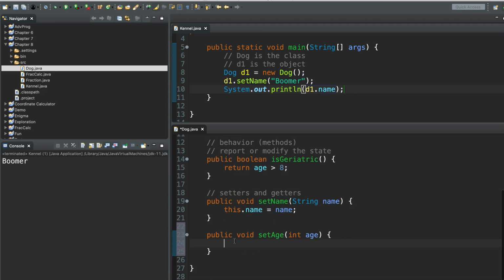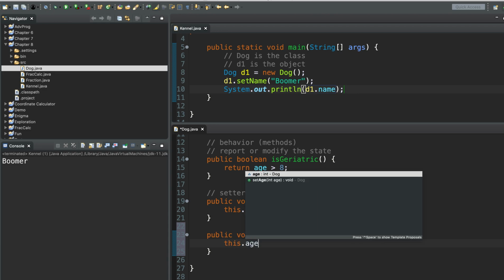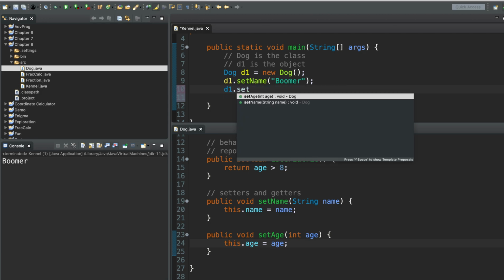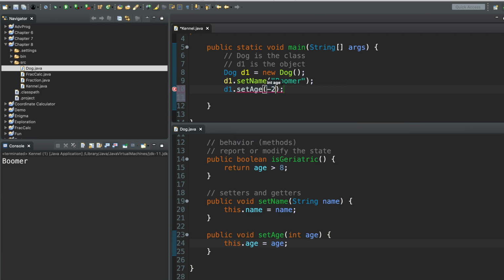So right here, you might think that the answer is I'm just going to say this.age = age. But what if I've got a new employee and they're not very responsible? And what if my new employee tries to do something like this? What if they try to say d1.setAge and they accidentally say -2? Well, I mean, I don't know, absent a time machine, there's no way to have a dog who's -2